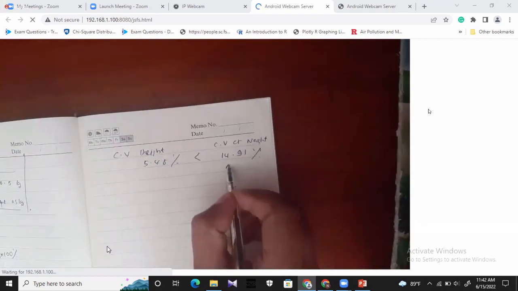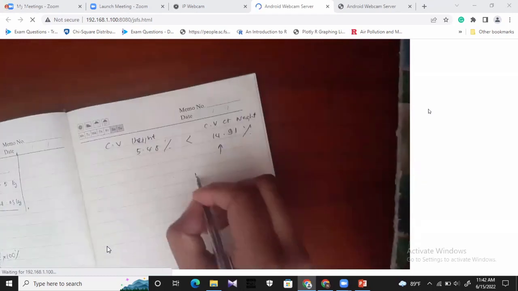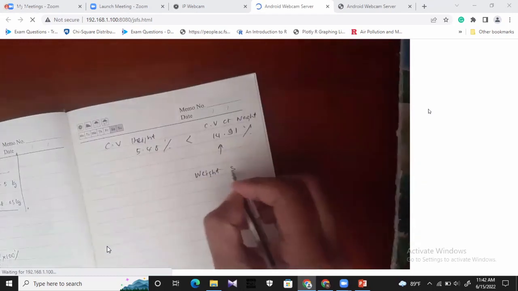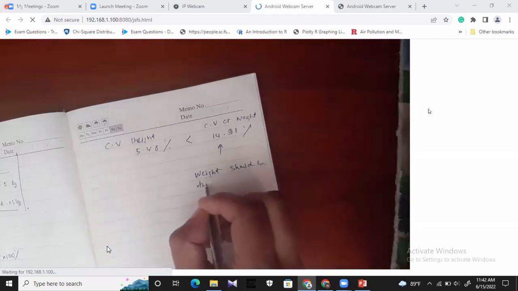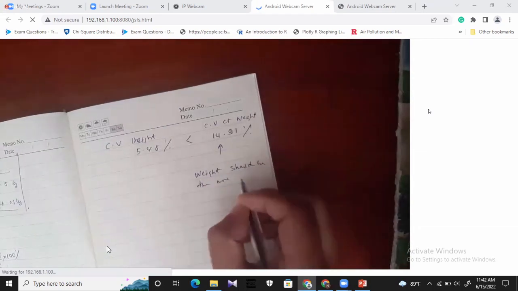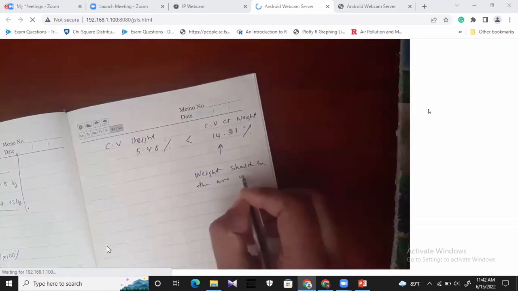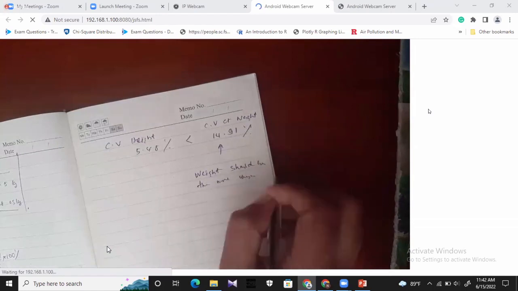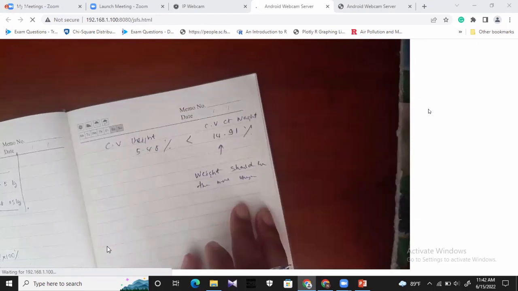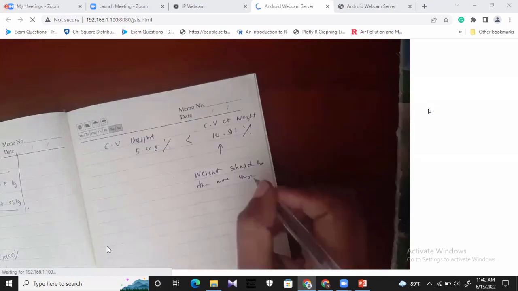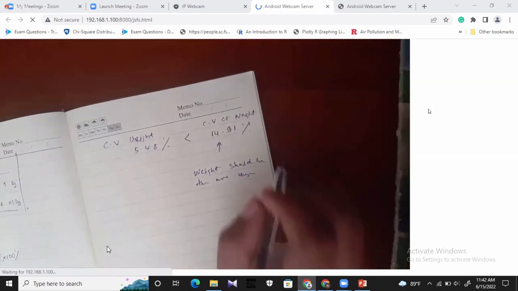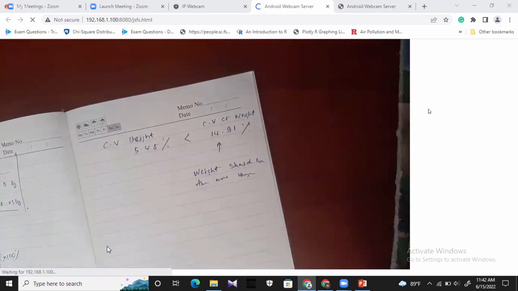Since this is the highest value, weight should be the more varying variable, or weight should be the most varying variable, or you can write the conclusion as the weight is the variable which has highest variability compared with